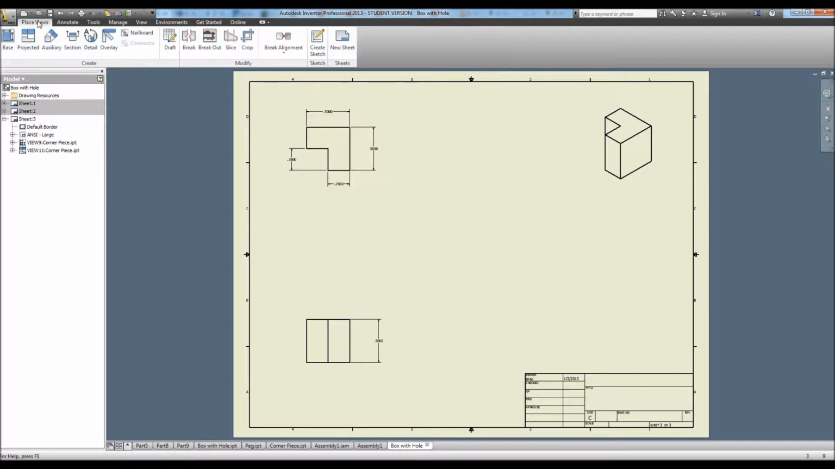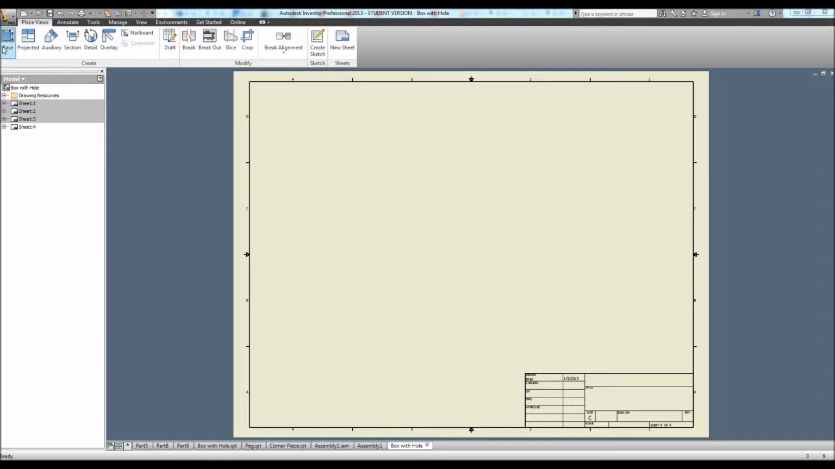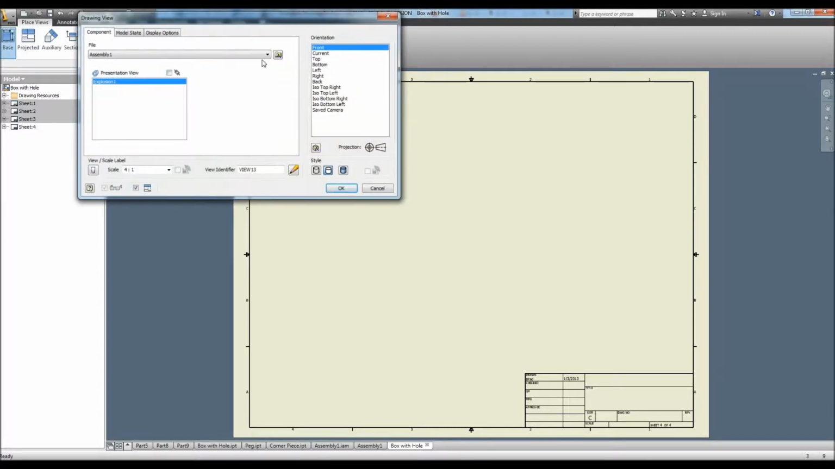Alright. Now we're going to put in our parts list, which we would need our assembly for, so that's why you need to do an assembly before you do your dimensions. So we're going to go to new sheet again. Once we get the new sheet up, we're going to go back to base, and this time we're going to open up our presentation file,